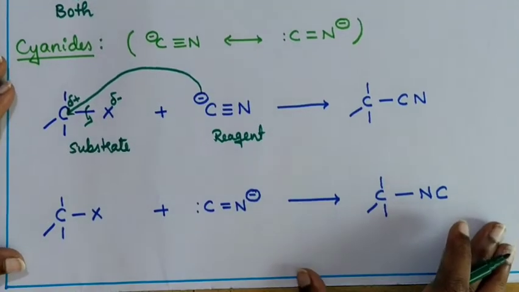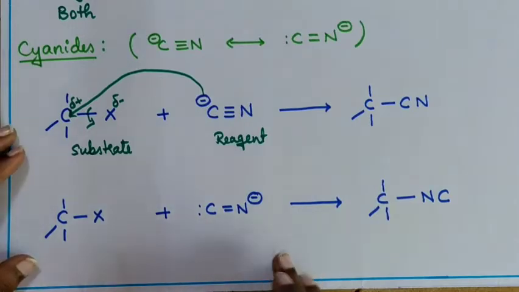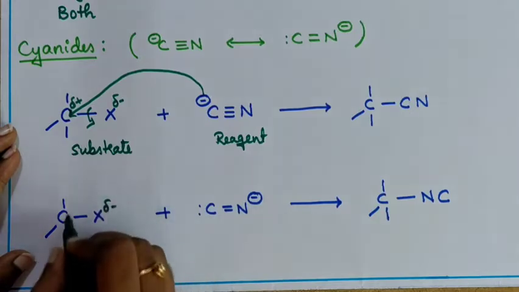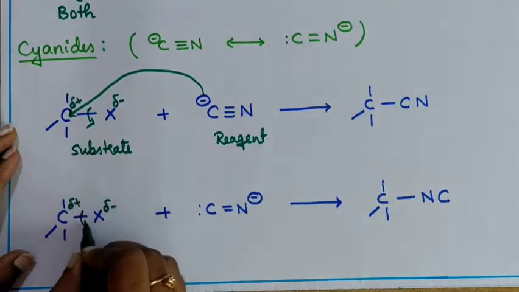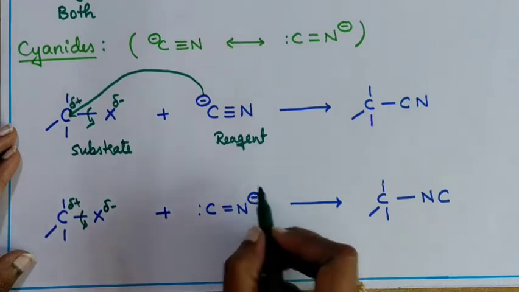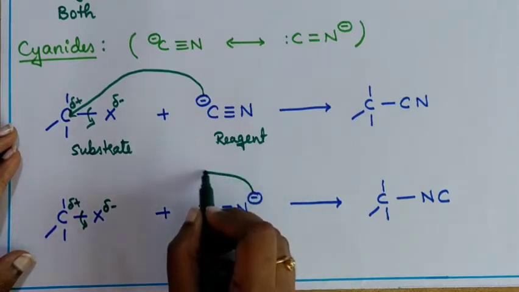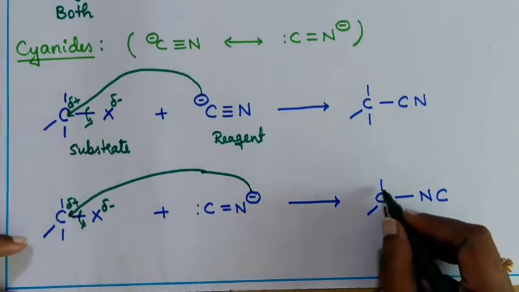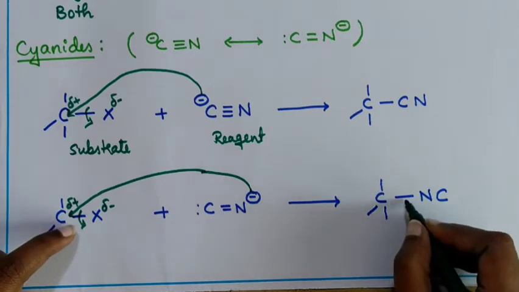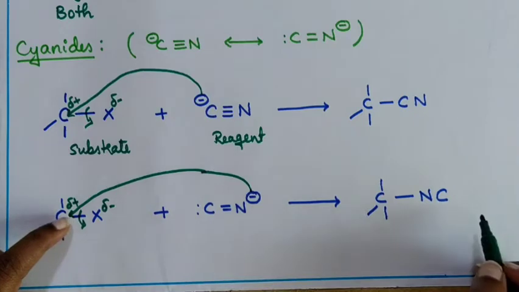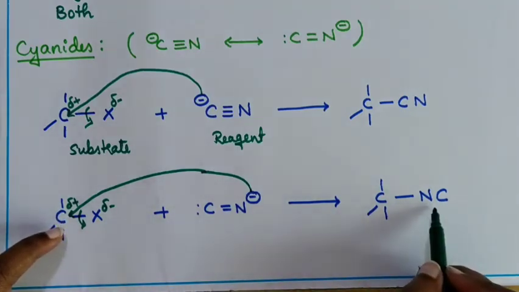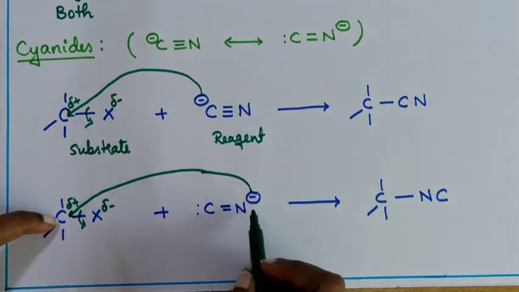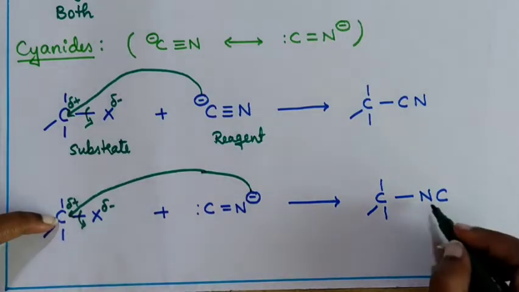And there is another way, with another structure of cyanide where nitrogen is going to have the negative charge. In this case, the halogen will have partial negative and carbon will have partial positive. This bond will break. Since nitrogen has the negative charge, this nitrogen will try to make a bond with the carbon of the alkyl halide. So in the products I have written carbon with 3 bonds unaffected, and another bond is now with NC. Why have I written NC here? Because the bond exists between the nitrogen and the carbon atom. Nitrogen made the bond with the carbon atom. That is why it is NC.